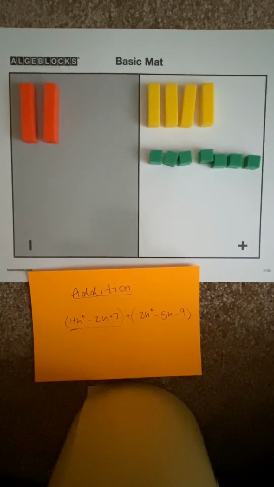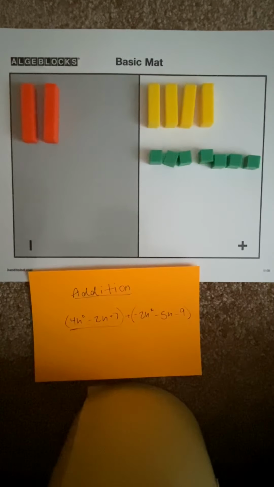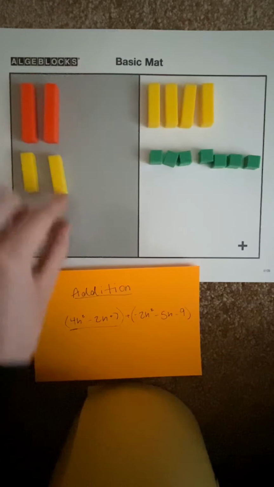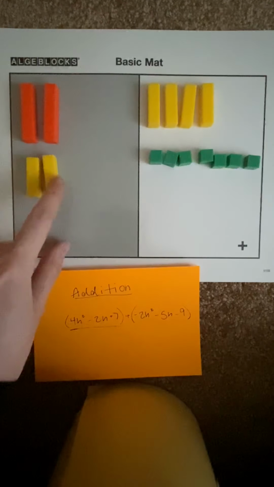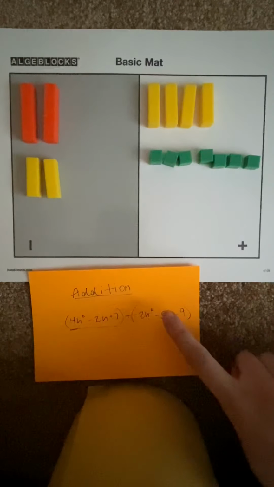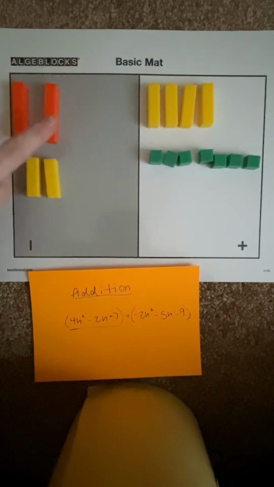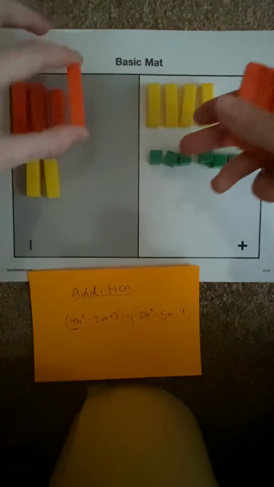So we have a negative 2h squared. To represent our h squared, we're going to use the yellow blocks, of course, and that is a negative value, so we're going to place them on the negative side. So 1, 2. All right. And then we have negative 5h, and we are going to place them on the negative side using the orange blocks. So 1, 2,